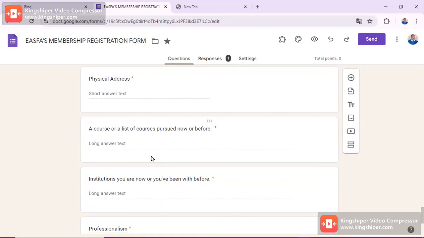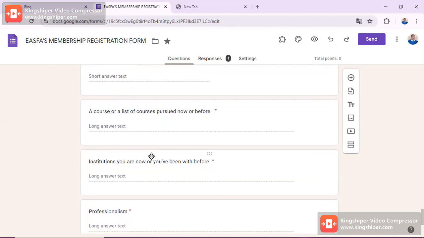Then you might be asked a course or a list of courses pursued now or before. And this shows that if you're an undergraduate student and you had only one course pursued, you will give, if one is to talk of statistics, you might write it as statistics.